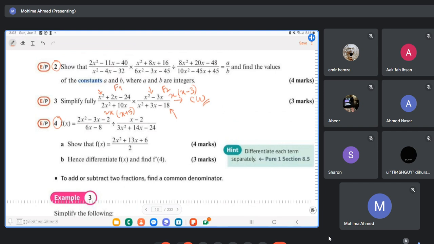Start doing question 3. Question 3 is a password. I'm going to wait for like 5 minutes for you guys to complete question 3. Now, obviously, send me the working in WhatsApp. Okay. I hope all of you have access to your phones right now.